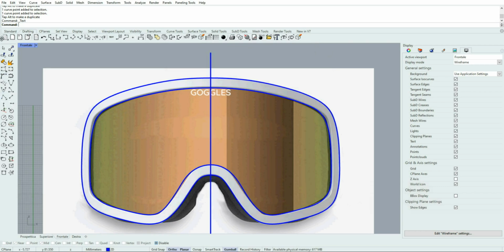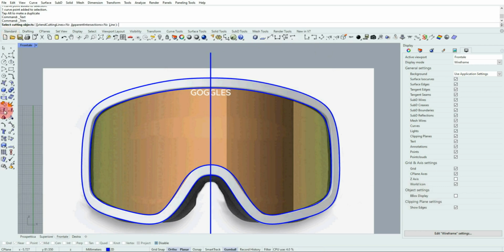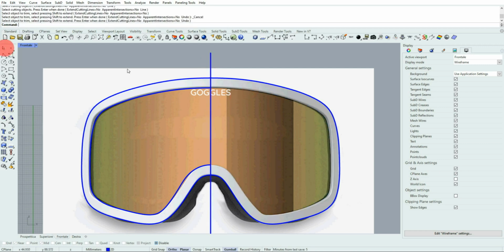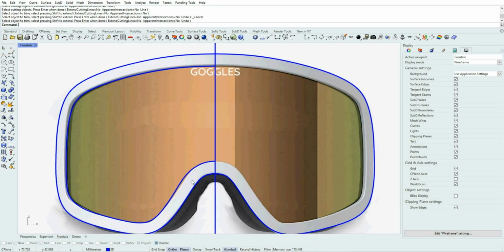So I'm gonna use trim. Cutting object is this vertical line. I cut out this right part.